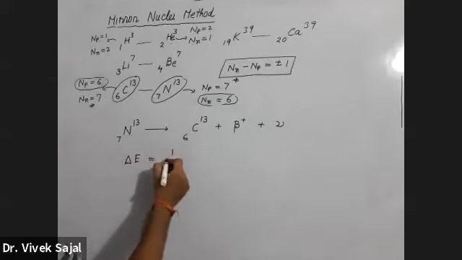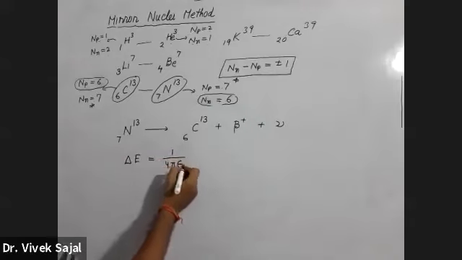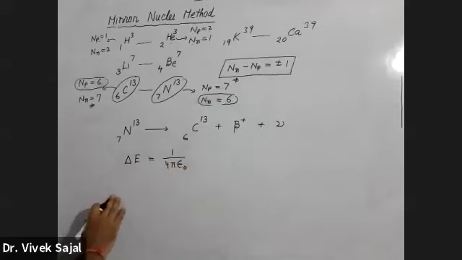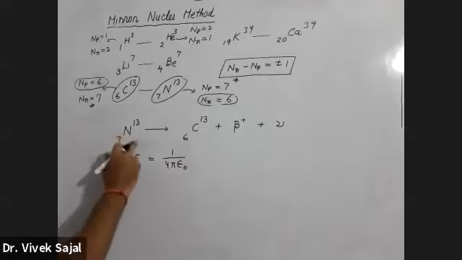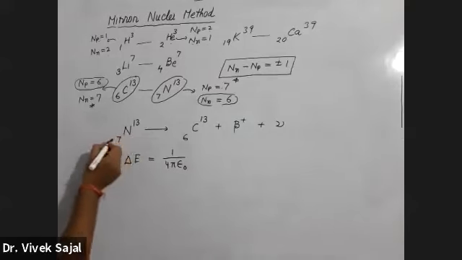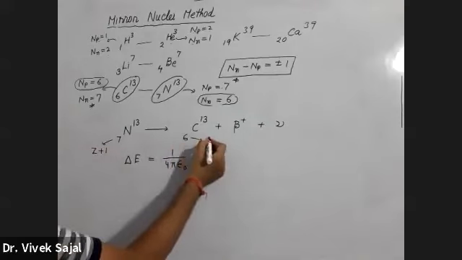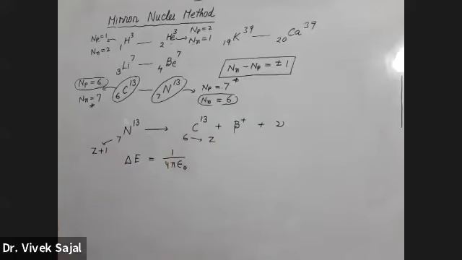And the formula for this is 1 upon 4 pi epsilon naught. First I will write the formula for this nuclei. I'm assuming that this 7 is the higher number, so I'm writing it as Z plus 1. This 6 is lower, so I'm writing it as Z. Because I want to write down the general formula. हाँ जी बेटा बताओ.